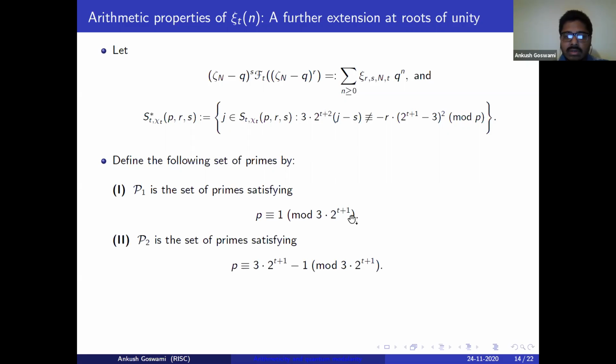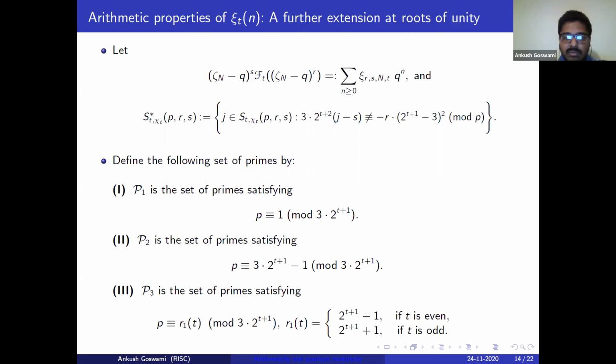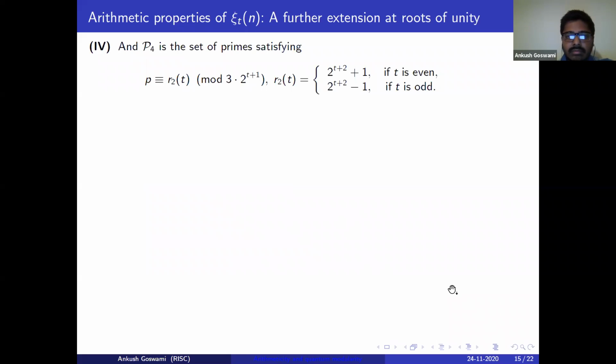P2 is the set of primes which satisfy the condition that p is congruent to minus 1 mod 3 times 2 to the power t plus 1. And P3 is the set of primes satisfying the condition that p is congruent to R_1,t mod 3 times 2 to the power t plus 1, where this R_1,t is defined by this piecewise definition for t even and t odd. And similarly, P4 is the set of primes which satisfy this condition that p is congruent to R_2,t mod 3 times 2 to the power t plus 1, and then R_2,t satisfies this piecewise definition. Okay, so